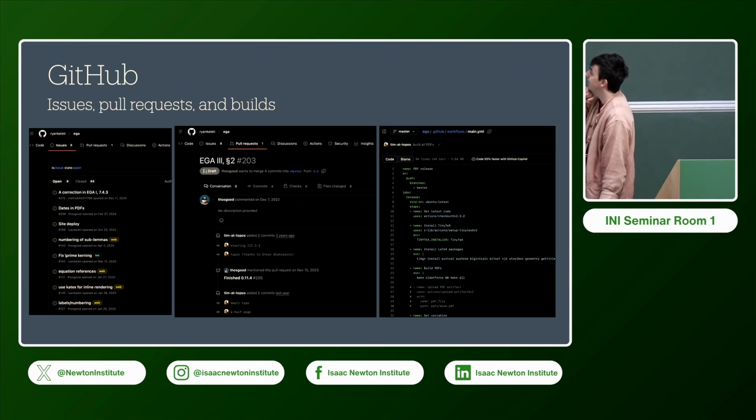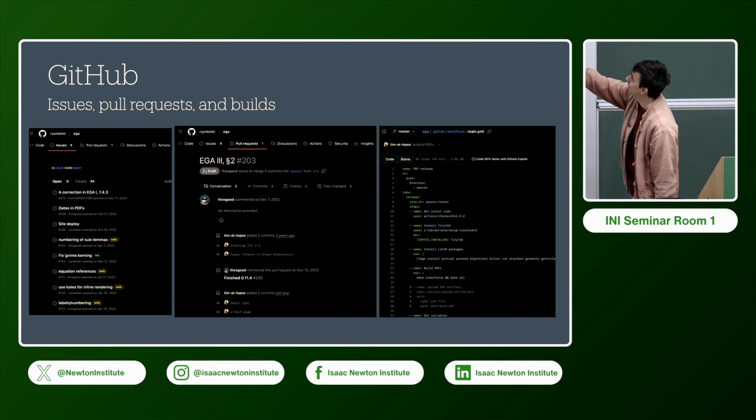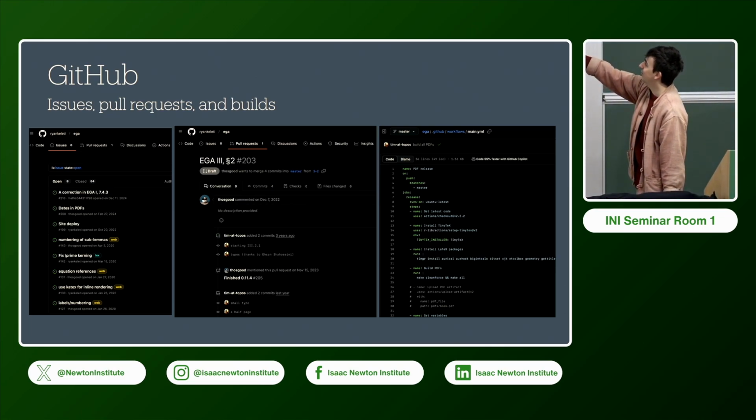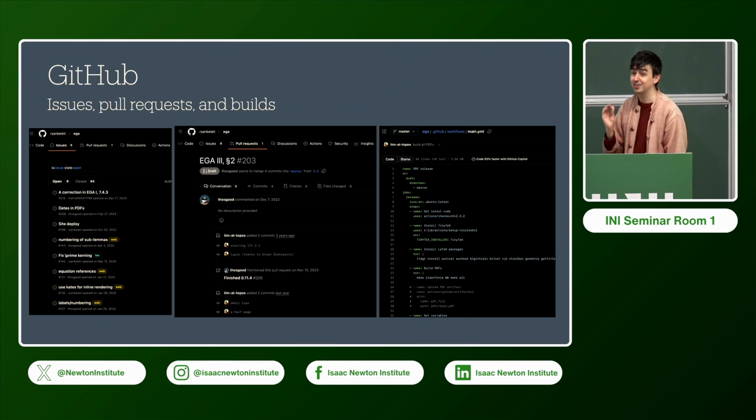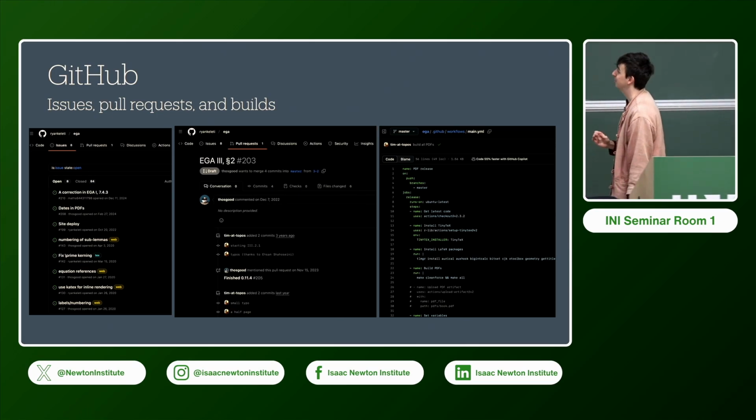You can see on the EGA translation, some people have pointed out that in EGA 1.7.4.3, there's a mistake. This is actually a very interesting one, because they've pointed out there's a mathematical mistake. And that's why I haven't actually solved this issue, because I don't know what to do, because the translation is correct, but the statement is wrong. So now I'm not too sure how I should proceed with this one.